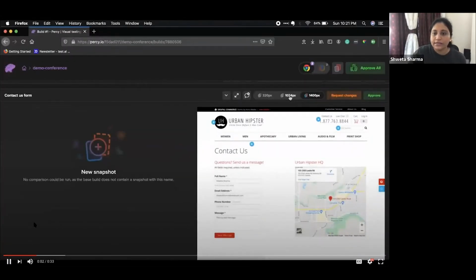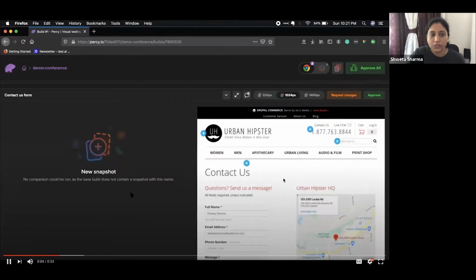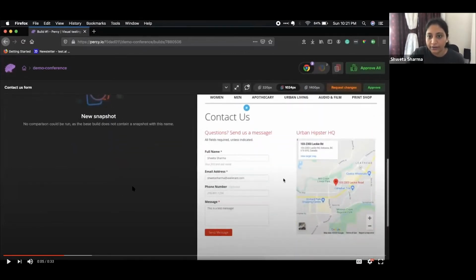So this is the Percy dashboard that you're seeing right now. Here you can see that 320, 1024, 1400 pixels is what we had configured the test for. And this is how the contact us page would look after filling in the form. And since this was done for the first time, it says it's a new snapshot.